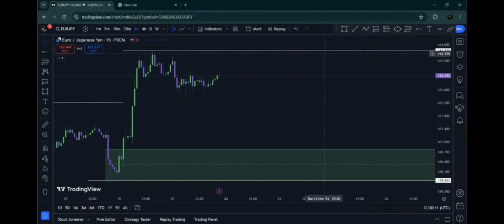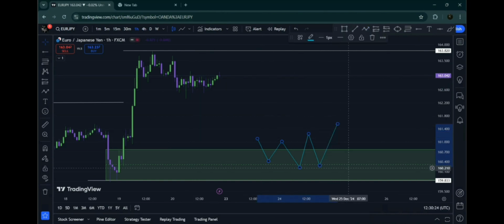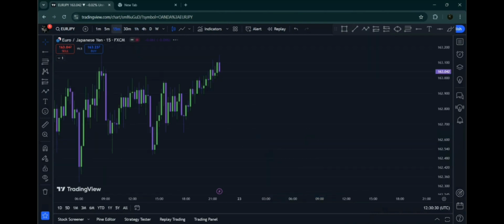So if I were to take a 1 hour trade, I would be looking for a confirmation entry to take price to the upside, right? So once we get that, that would be the buy trade done, and the target would be the 4 hour swing high. But if we go to the 15-minute,